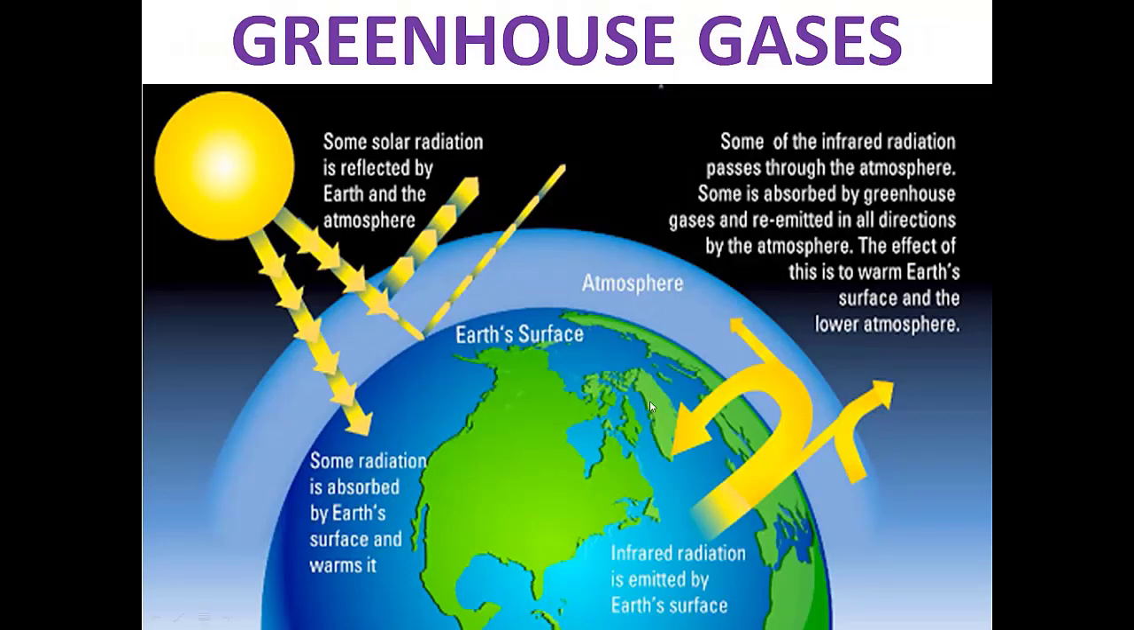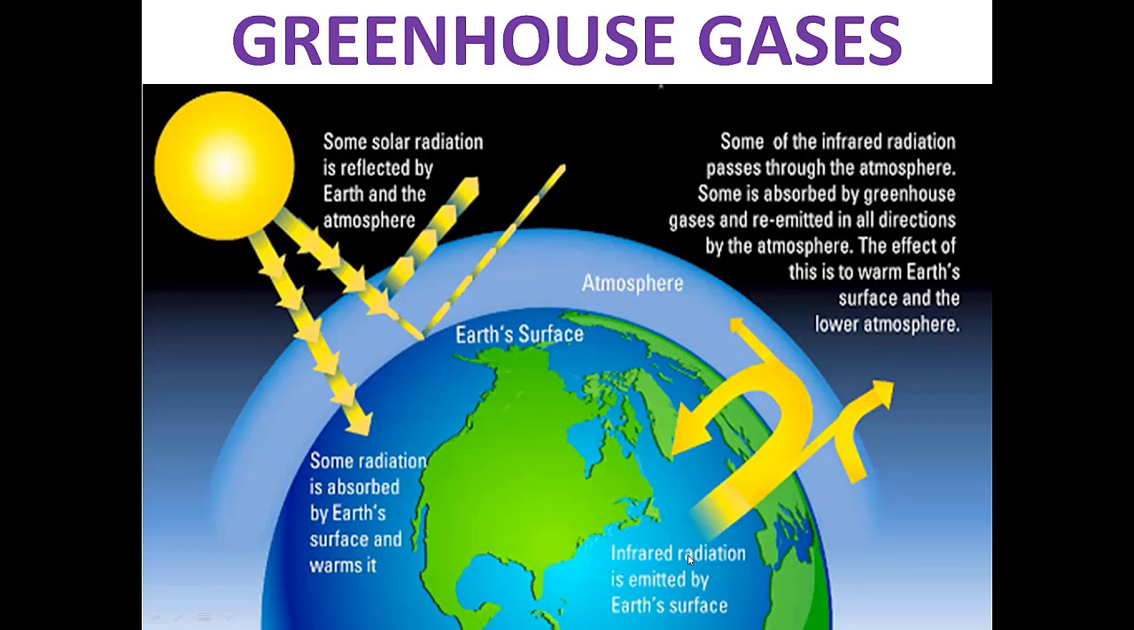We can see the effect of greenhouse gases. In this atmosphere, we have greenhouse gases. This is the radiation from the sun being absorbed by the Earth's surface, and the Earth's surface gets warm. Some of the solar radiation is reflected by the Earth into space, and some of the infrared radiation, we can see here,